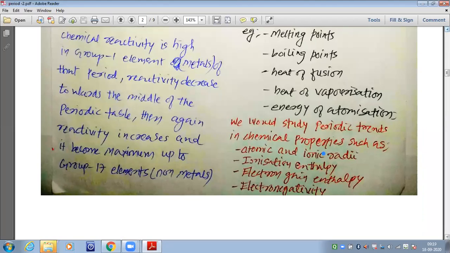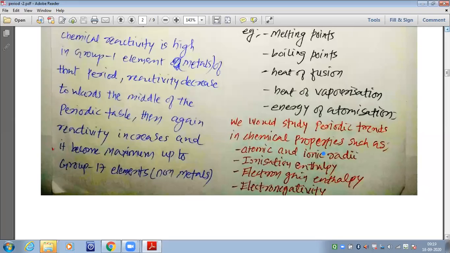So you can see that when we go left to right from group number 1 to group number 17, initially group number 1 are very highly reactive metals, then the metallic character also decreases, the reactivity also decreases, then we come to know about the non-metals. Before we move to the non-metals, there are metalloids. These metalloids have the properties of both metal as well as non-metal. Suddenly the metallic elements do not convert into the non-metals, but they have a layer of metalloids or semi-metals, and then after the right side of the semi-metals we have almost all the non-metallic elements.